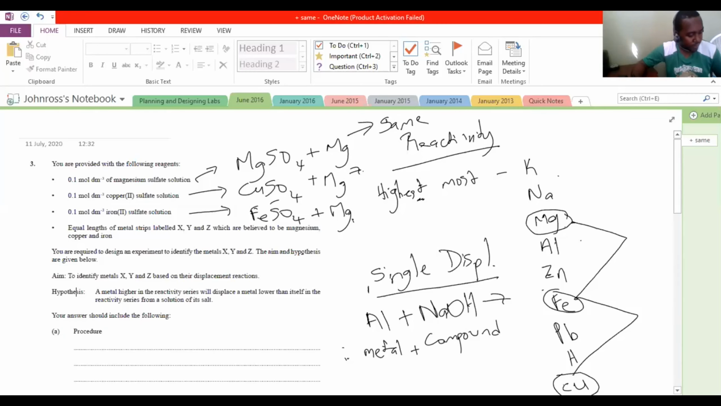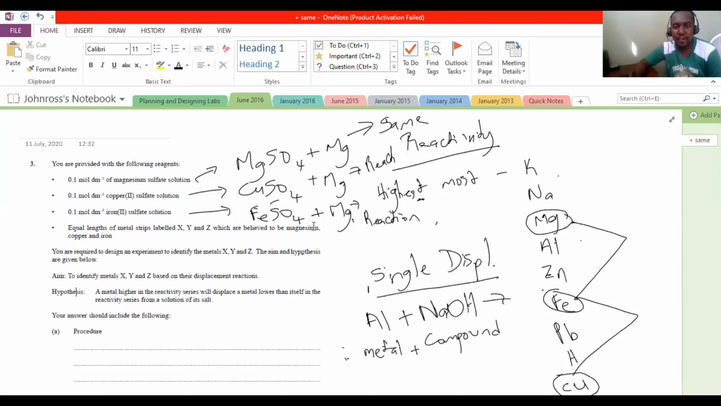So do we have a reaction here? Yes, because magnesium can displace the copper here. So there would be a reaction. And then for magnesium and iron, it would be a reaction as well. All right, so that's for magnesium. Now let's look at